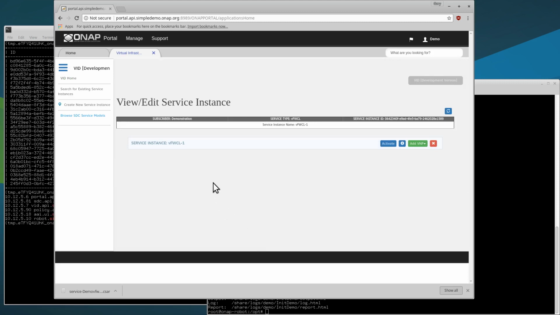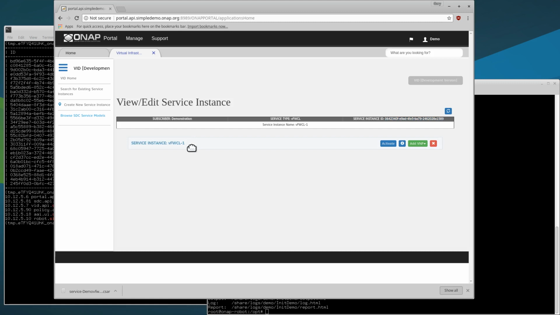So we've deployed a service instance of the firewall closed loop. And one thing we want to know here, in the upper right hand corner of the screen, you see the service instance ID of this instance that we just deployed. We want to make a note of that because we will be needing this particular service instance ID later when we run some of the robot scripts to help us initialize some of the intermediate steps that we will go through. So now that we have this instance created,